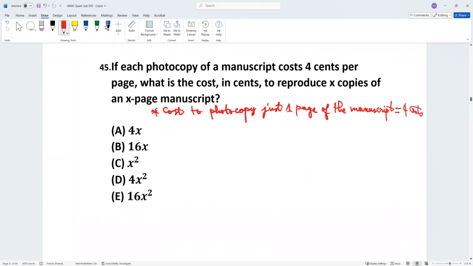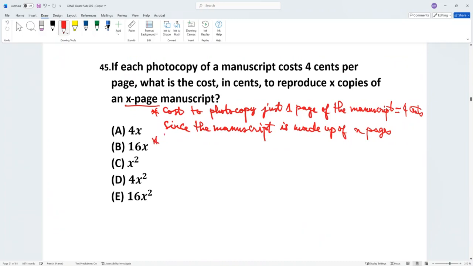That's the value. So now, since the manuscript is made up of X pages, okay, like it says, made up of X pages,